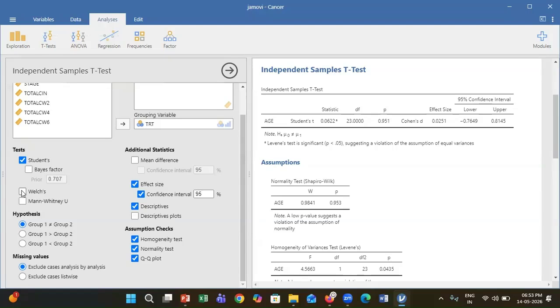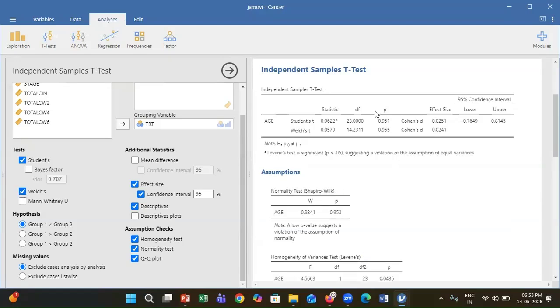So here Welch test, I have tick marked that. Now for Welch test the statistic is 0.0579 with p-value 0.955, indicating that there is no significant difference between average age of patients in the two groups.